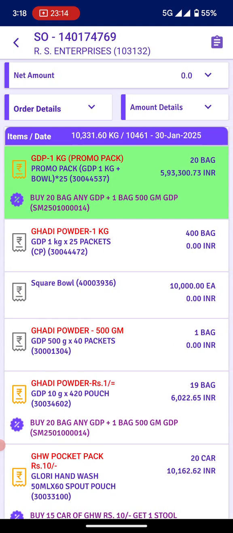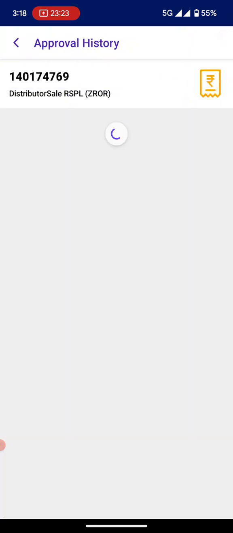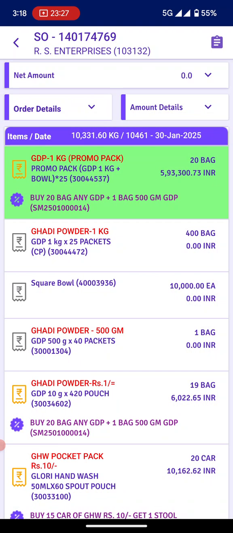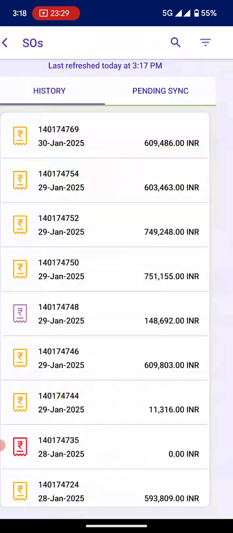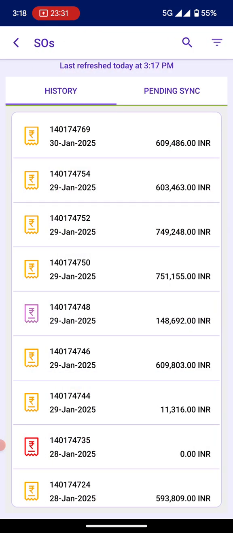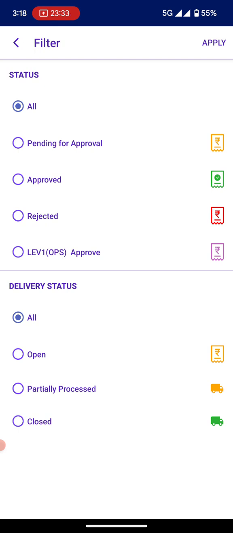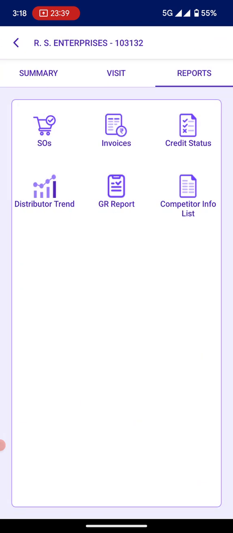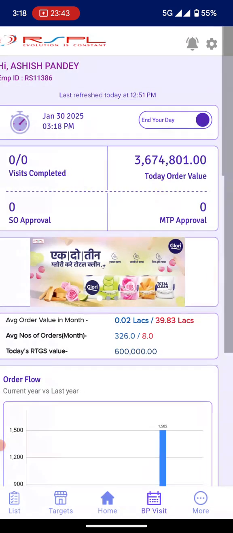While clicking on the order, user can see all the details, and by clicking on the top right side notepad icon, user can see the approval history of that order. And here you can see there is also a filter where different types of filters are there. User can choose this filter according to their requirement. So this is all about the report section.